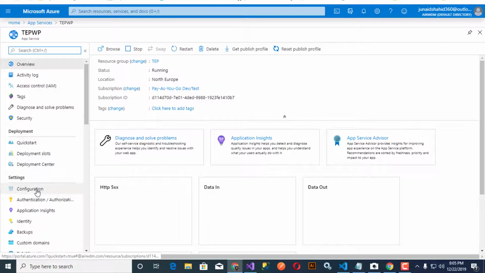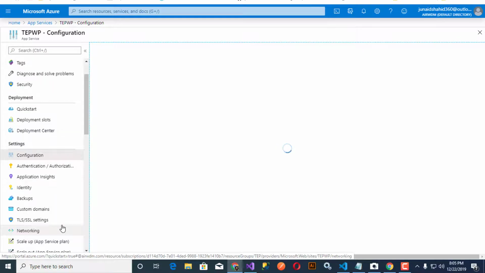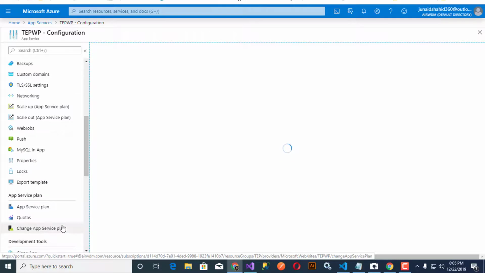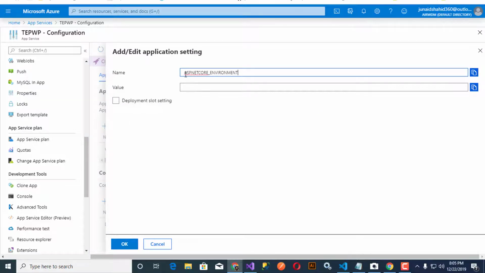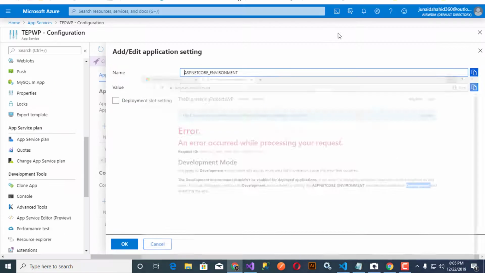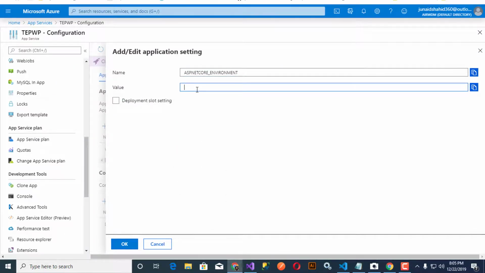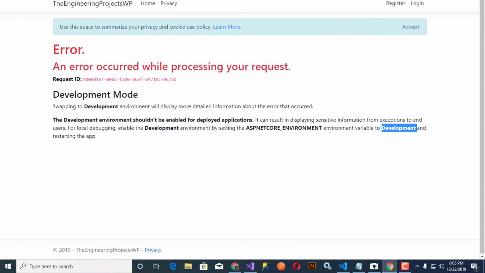So I will go to configuration, and here first of all I have to add the settings, which is this, and set the variable to this value. Click OK, save this. As soon as it gets saved, when you refresh this,